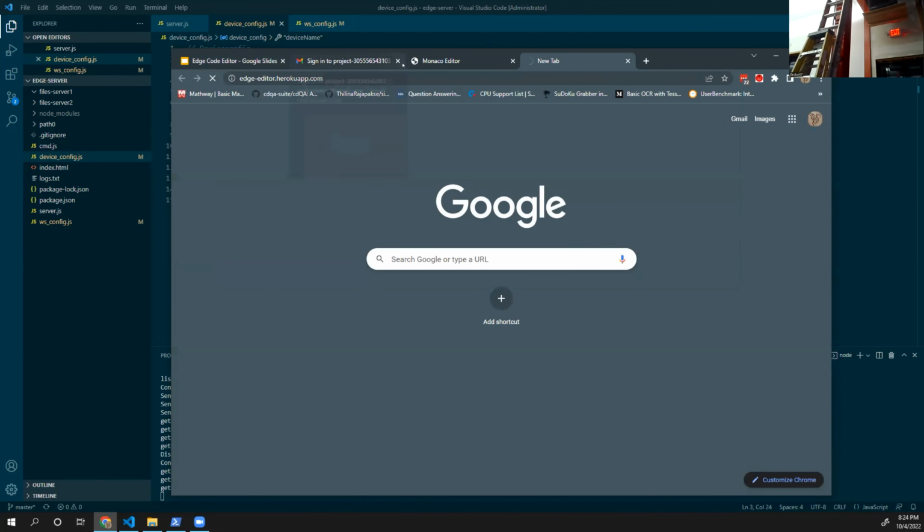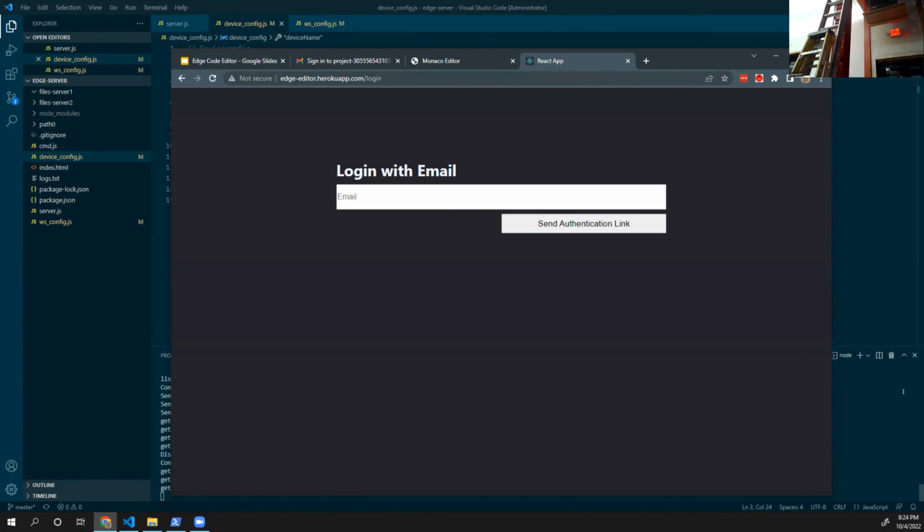So let's say that I'm the first user. It's my first time going onto this site. The only thing I need from you is your email. So you put in an email, and if you click login, I send you an activation, like an authentication link, into your email, and that's it. I don't need your password.